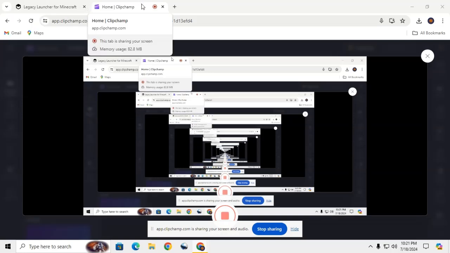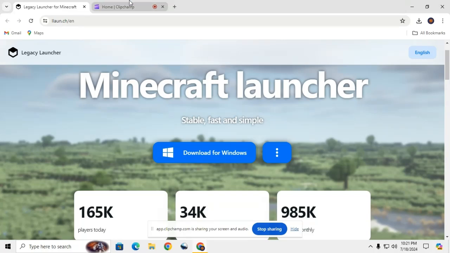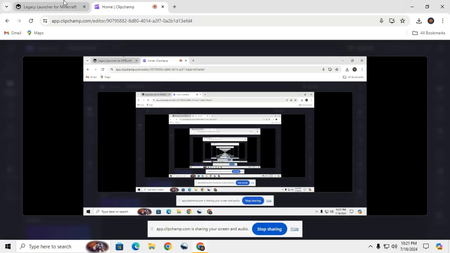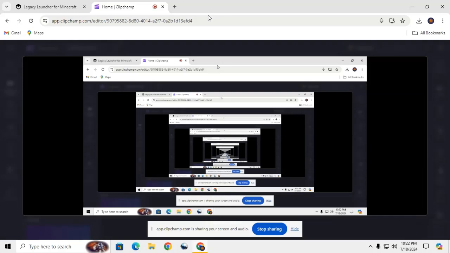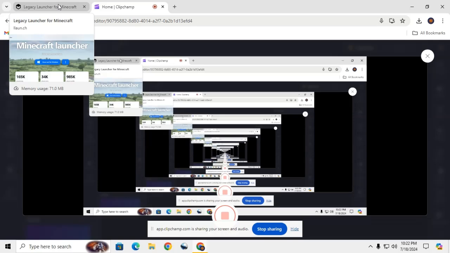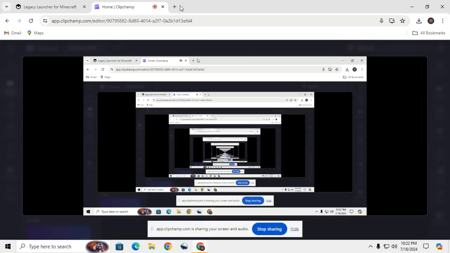Install Legacy Launcher, which is another launcher that I'm not using, but it's also very good and stable. So you can get a pretty decent amount of FPS from it. One of my viewers asked me to make a video about any other launcher than T launcher, because his interface was not coming after the main T launcher signal. So he said, please help. So here I am with another launcher.